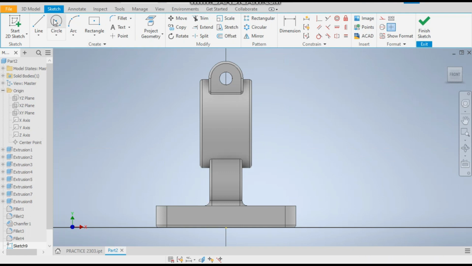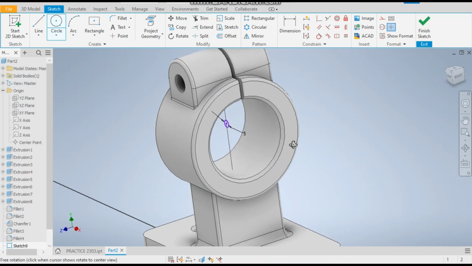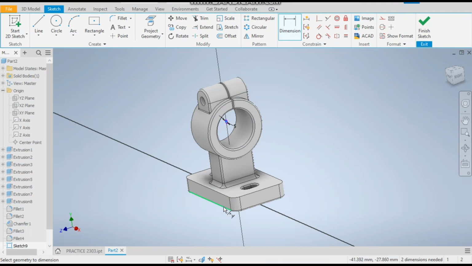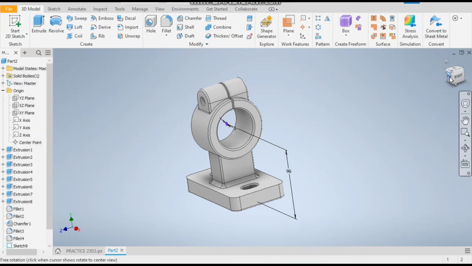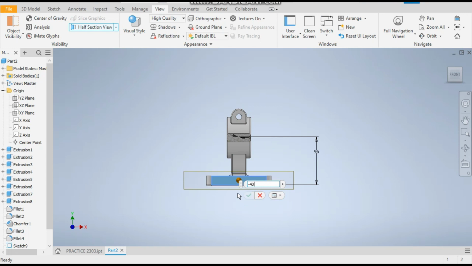take a circle of dia 5 mm, go to this view, rotate it slightly, OK. Now give it a dimension from bottom, it will be 96, OK. You can just cut it half, go to half section, -40, OK,